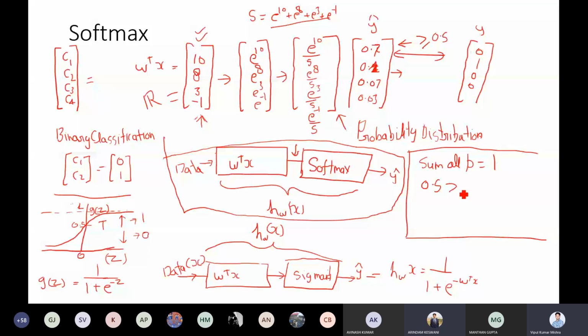Is it necessary for one value to be more than 0.5? It is possible that it is not, like suppose your logits come out as 10, 10, then 8, then 3. Then definitely no value will be more than 0.5, because these two values are the same. But that will happen only in the initial stage. Once you process the training part, automatically at the end it will force only one value to be more than 0.5, and then that 0.5 becomes your threshold.